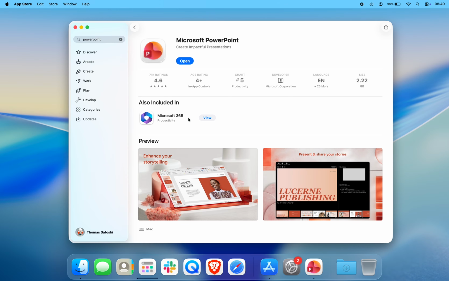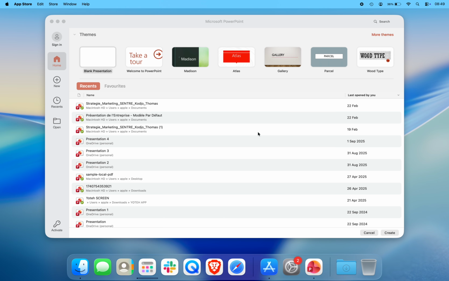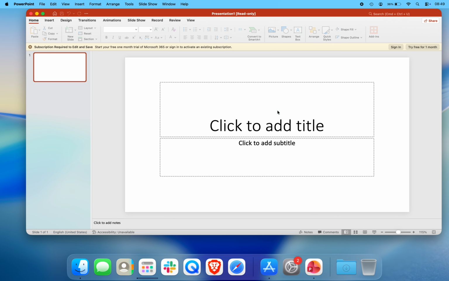When PowerPoint opens, sign in with your Microsoft account. You can use an Outlook, Hotmail, or Microsoft 365 account. If you already have a Microsoft 365 subscription, you'll be able to create, edit, and save presentations with all the main PowerPoint features. After signing in, you can start creating new slides, opening existing presentations, and designing your projects directly